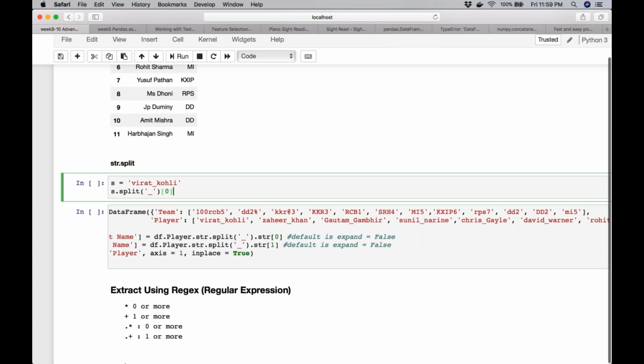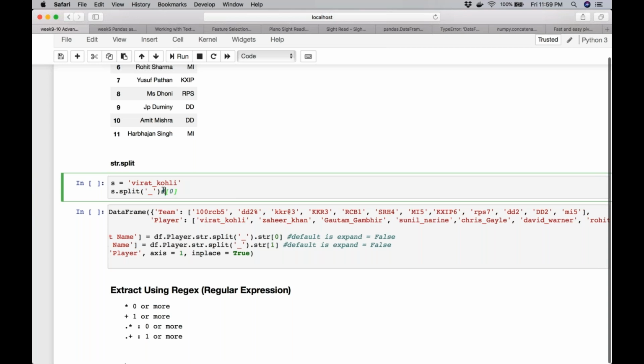You can also use split if you want to split your first name and last name into two different parts. Once again, as in Python, we use split. And what does split return? I have my string Virat underscore Kohli and I'm using str.split with the separator as underscore.